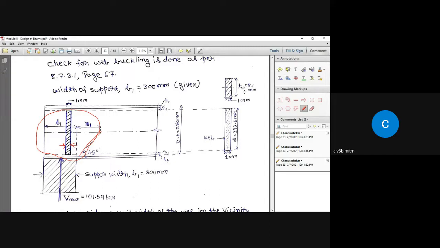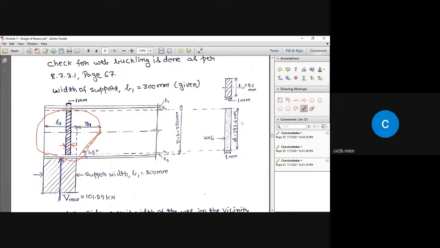Okay, once we have that, we are going to find out the fcd value corresponding to this. Once we have the fcd value, we are going to multiply that fcd value with the area, that is equal to B1 plus N1 multiplied by the thickness of the web. So we'll find out the fcd value, that is the design compressive stress.